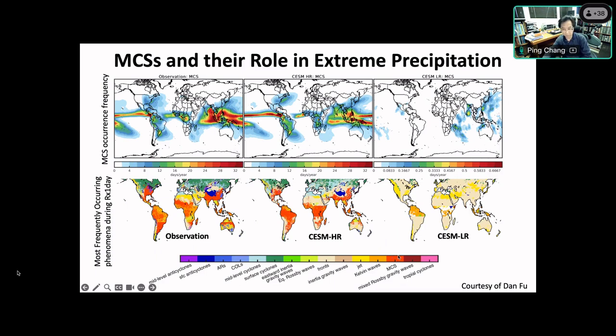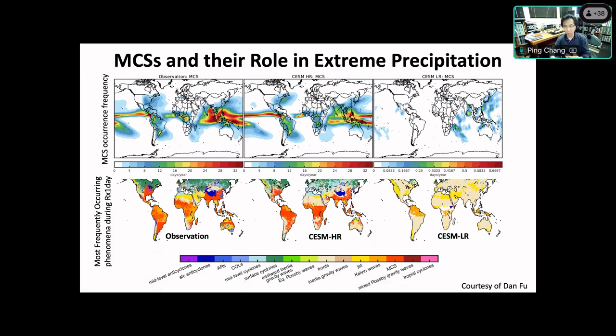And the red color here is MCS. Sorry, we changed the color. So the red is the MCSs. So you can see in many areas in the tropics and the subtropics, even the mid latitudes, lots of the extreme precipitation are associated with MCSs. And the high resolution model, again, it's not perfect, but it starts to represent this MCSs producing extreme precipitation quite well. And the low resolution model, on the other hand, is showing a completely wrong picture, basically saying all the extreme precipitation in the low resolution model is associated with either jets or fronts. There's actually absolutely no indication of the MCSs.